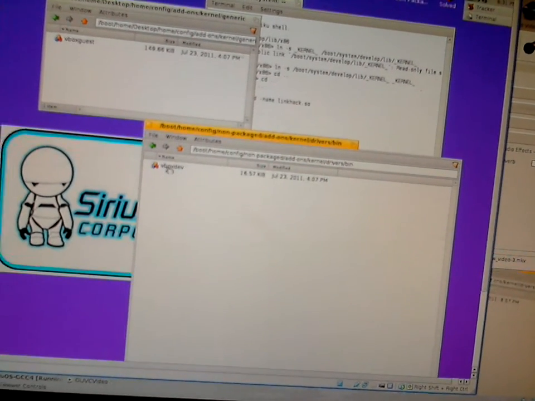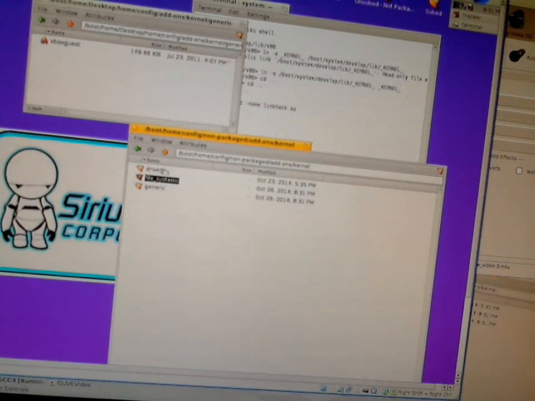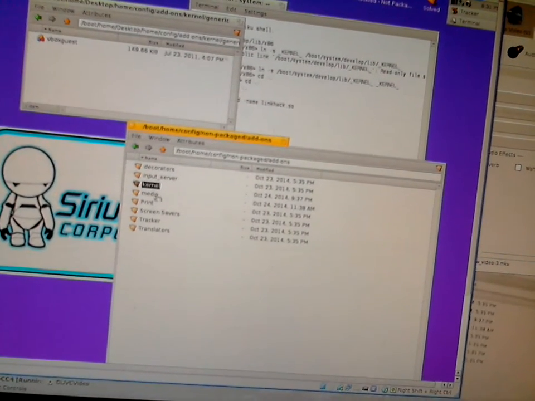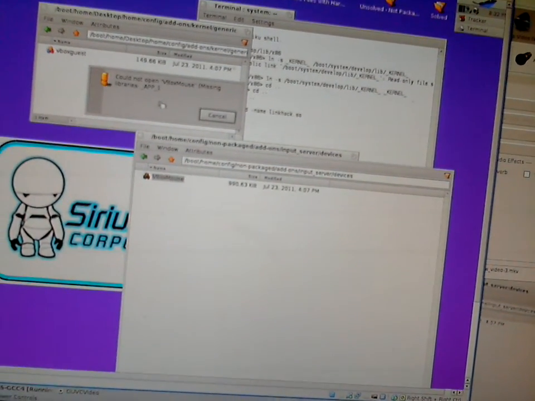The real thing is this VBox mouse. And it's missing whatever that is. I haven't searched for it, but I don't know what it is. So that wouldn't work. So if it wasn't for this